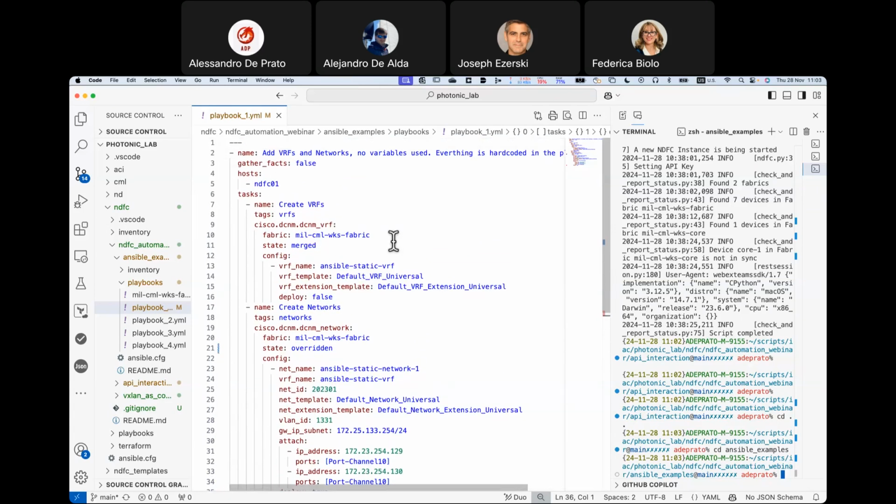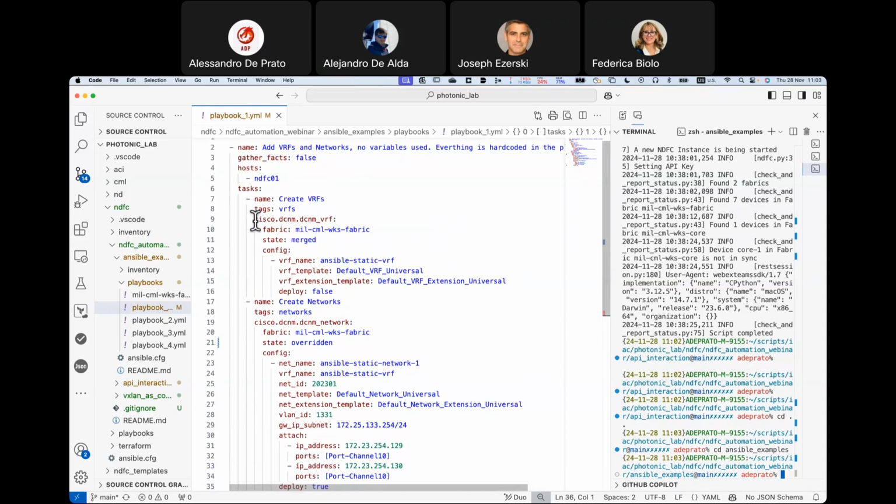All right. Playbook number 1 is showing you a very easy example of how we can create VRFs, and how we can create networks in Ansible. Obviously, we have two tasks. The first task is going to create a VRF. The second task is going to create one network for now. Both of them are attached to a DCNM module, DCNM VRF and DCNM network, and